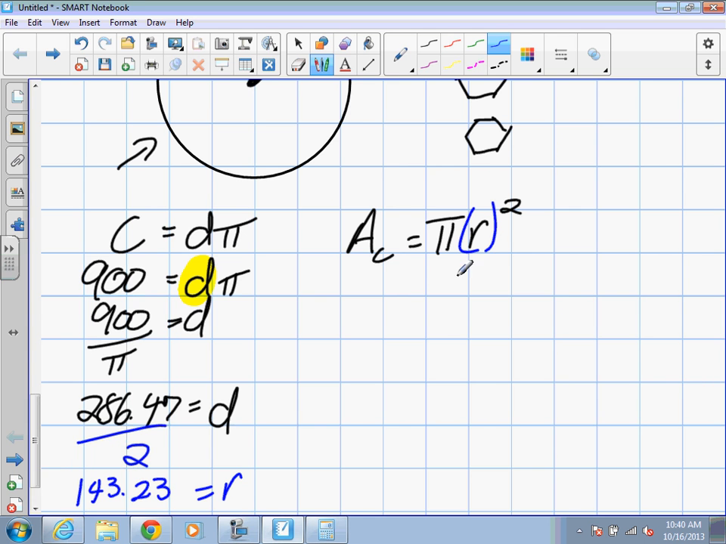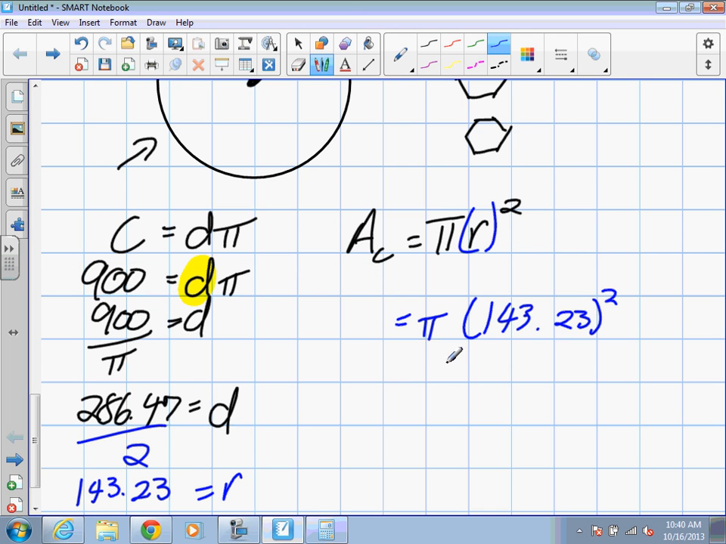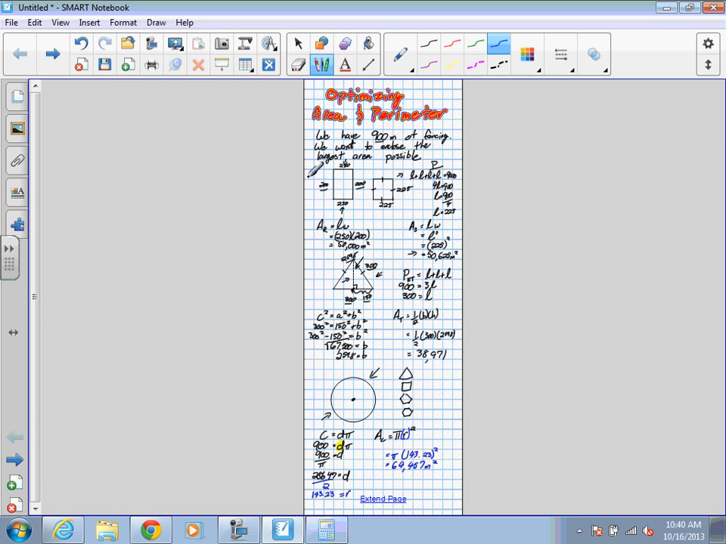Pi times 143.23 squared. So I take this value, I square it, and then I multiply it by pi, which is equal to 64,457. This is meters squared. I don't know if we can see it all in one shot here, but how much greater? Look at this, 64,000. Our square only did 50,000. So the closer we got to a circle, the more area we were able to enclose. Essentially saying that a circle is the most efficient